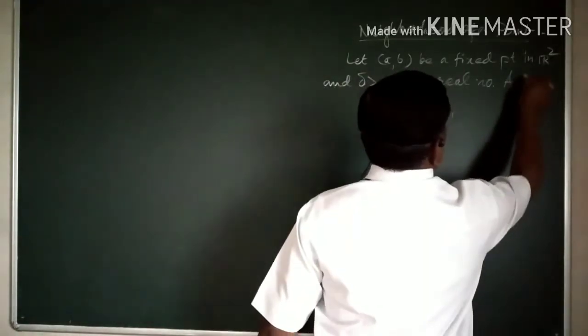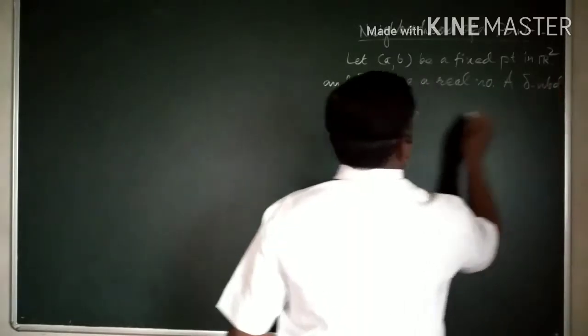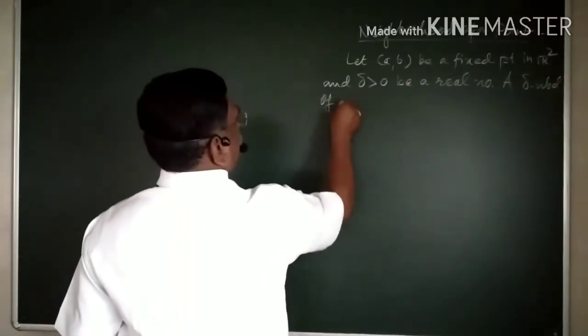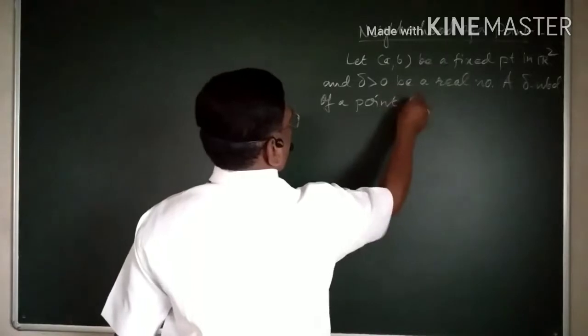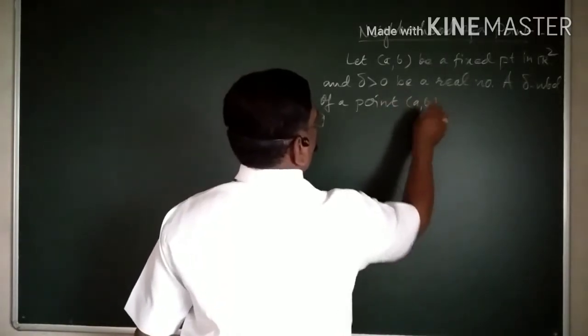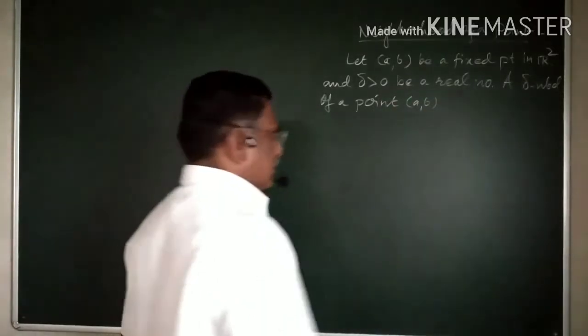A delta neighborhood of a point (a, b) is